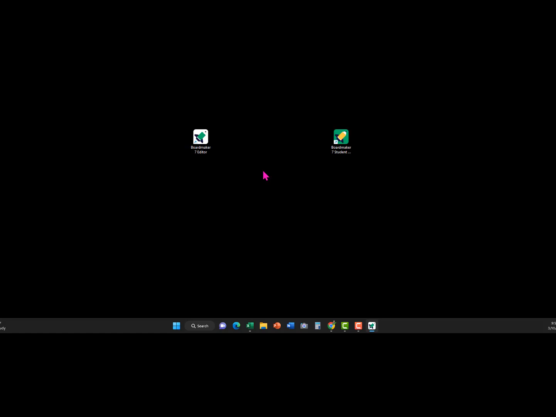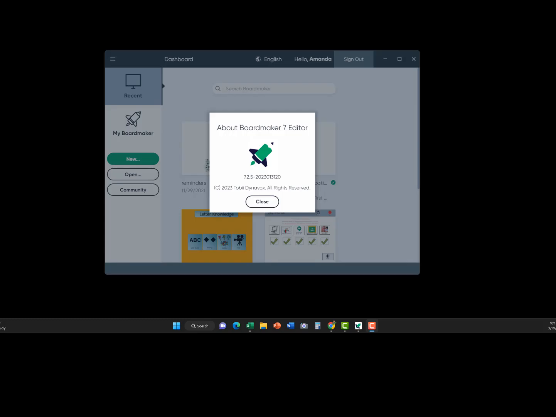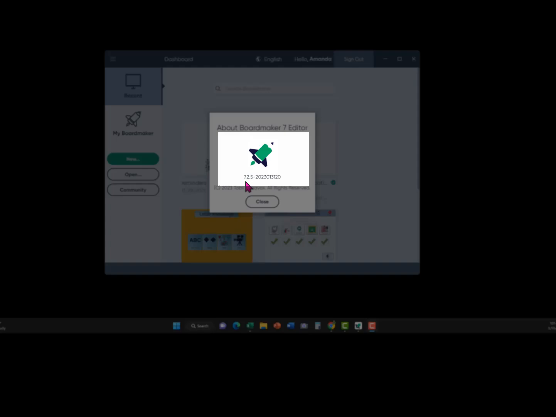When that update is done installing, your Boardmaker 7 Editor will open, and you'll be all set to continue to log in. Depending on which version of Boardmaker 7 Editor you were using, you may have to do that same process more than once. In the end, what you want to make sure is that you are seeing that the current version of Boardmaker 7 Editor you're running is version